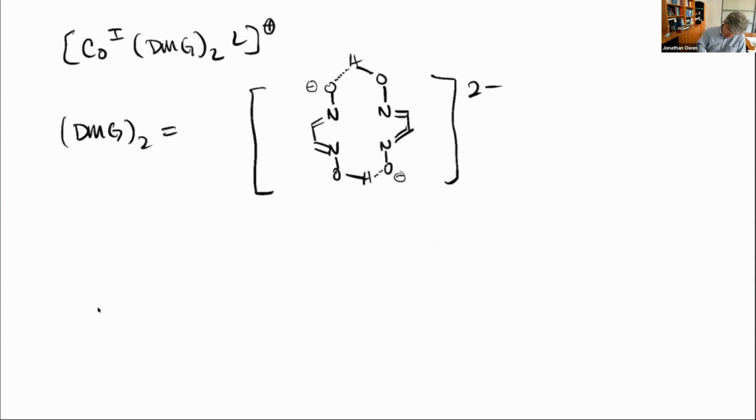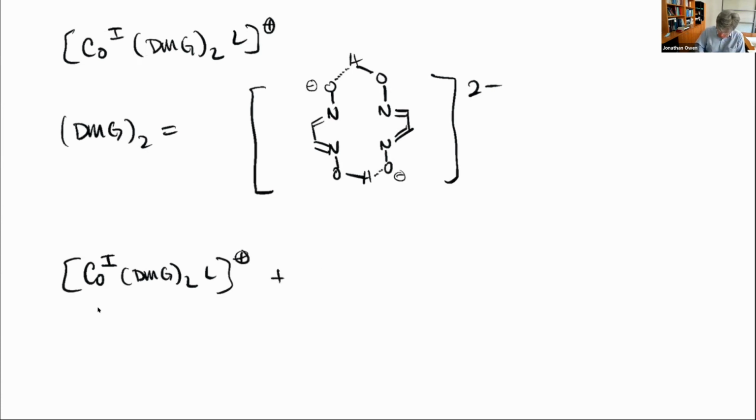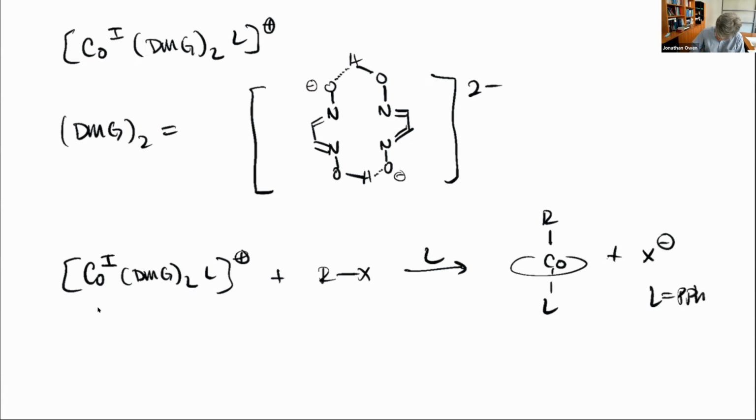So cobalt 1 (DMG)2 L plus reacts with RX in the presence of L, and in the end you obtain this. And L here is PPh3. Okay, and what Halpern